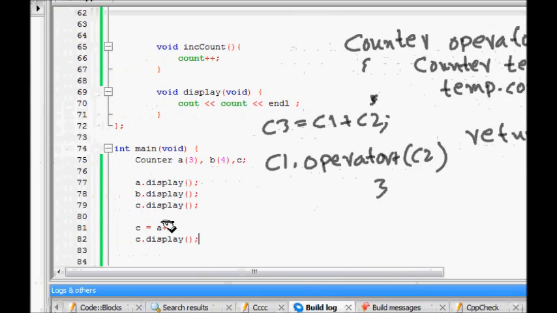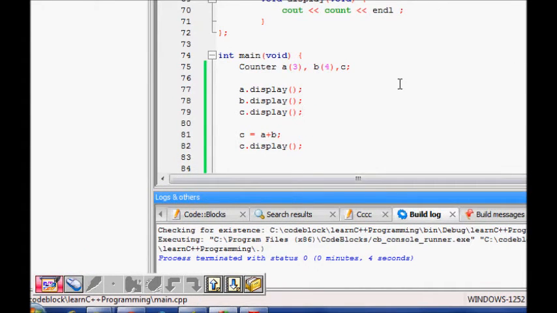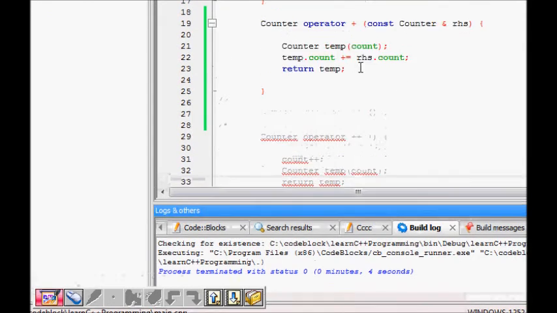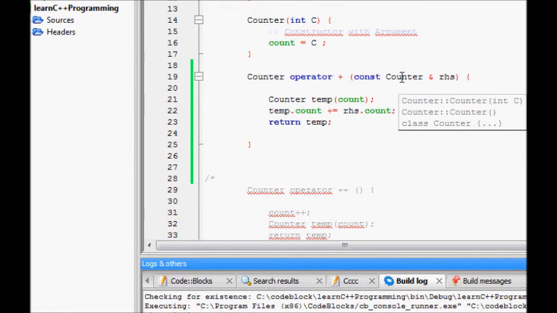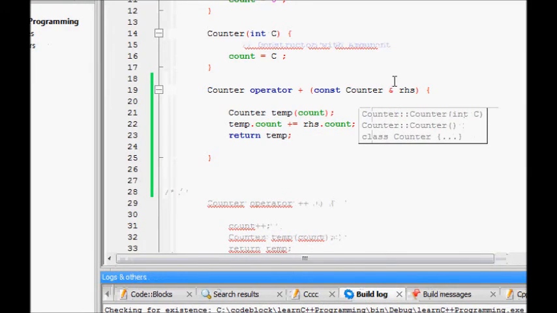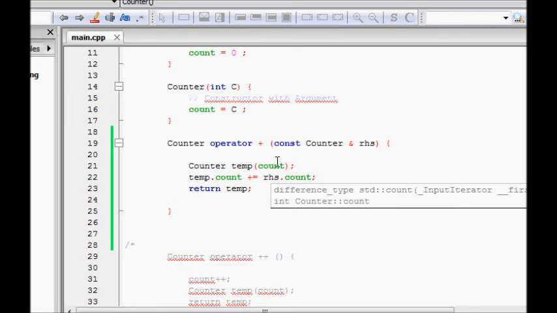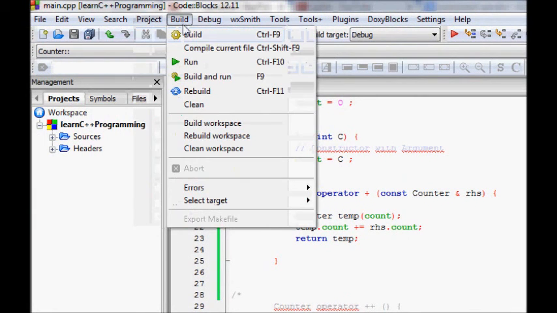So this method will work fine for us, and in fact it will overload the plus operator. Now let's try to see the real code. We want c is a plus b, so c will become 7, the count object. Let's see where we have written that function. So counter is the return type, operator plus. Here we are taking a const object as the argument because we don't want to change it, and we are taking the const reference. So we make a counter temp object, which has the count equal to this particular class's count. Temp.count is equal to temp.count plus RHS.count, and then we return the temp.